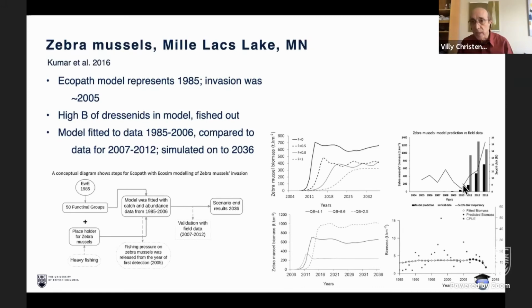Let's try here. The black is the model predictions on this top right graph. The gray is measurements from the field, but transparency in it, which will improve as these mussels filter more and more water, actually fits really well with the build-up of mussels here. So that's kind of neat.